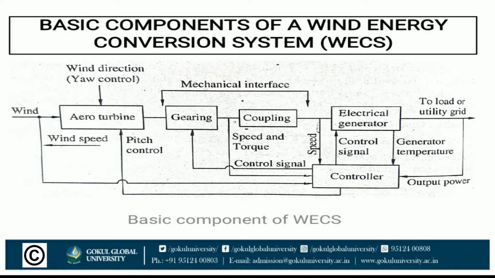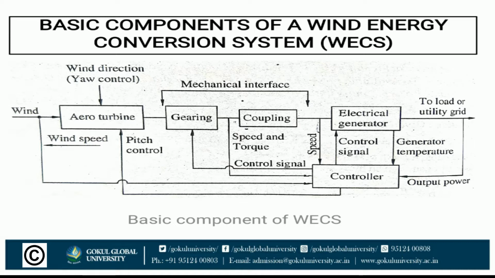Aeroturbines convert the energy of moving air to rotary mechanical energy. The turbine shaft speed is stepped up with the help of gears, with a fixed or variable gear ratio, to suit the electrical generator, and fine tuning of speed is incorporated by pitch control. In horizontal axis wind turbines, yaw control is provided for proper operation. As the wind direction changes, the yaw control mechanism rotates the turbine slowly about the vertical axis so as to face the blades into the wind.